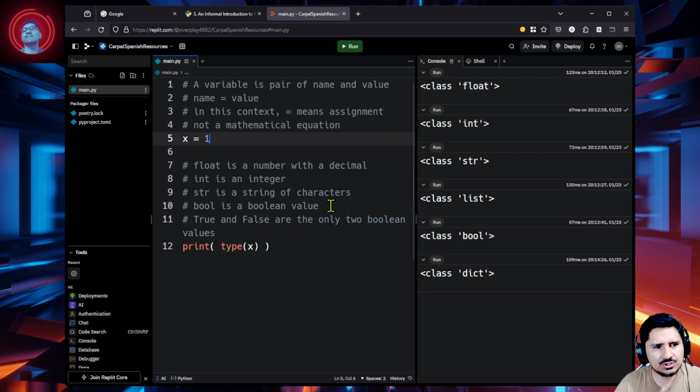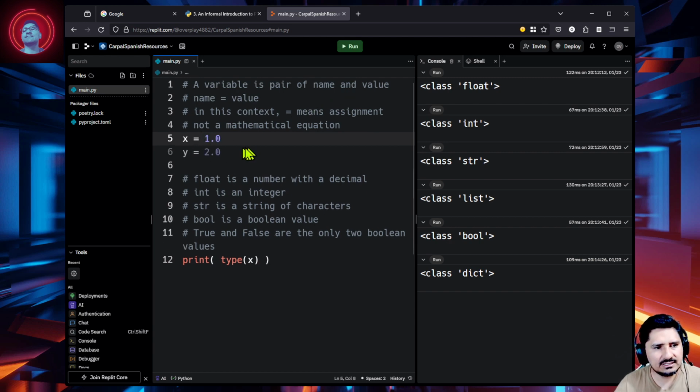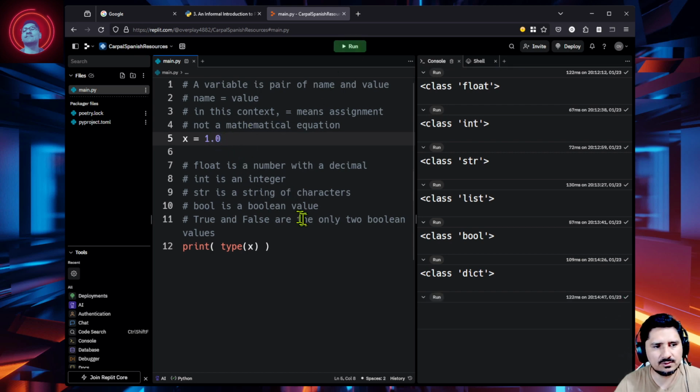And I want to show you something that is pretty important. It's related with the floats and the integers. For example, if you use 1.0, most of the time you could think, well, it's just 1.0, it is an integer because it's just the number 1. But in Python, if you use the decimal point,